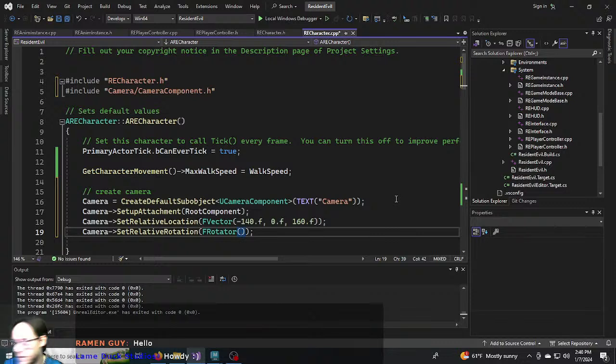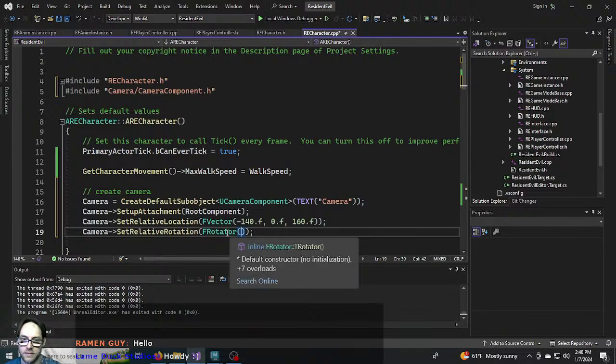For this frotator, this can be a bit weird if you're not used to dealing with rotation values. The rotator is just a vector. It's got 3 floats in it. Okay, it's a vector 3, but the positions of the rotator values are X, Y, and Z, but they really correspond to pitch, yaw, and roll. So if you hover your mouse over this thing,